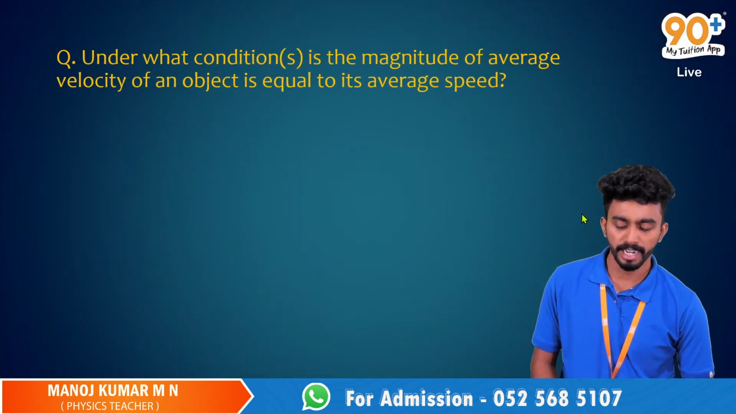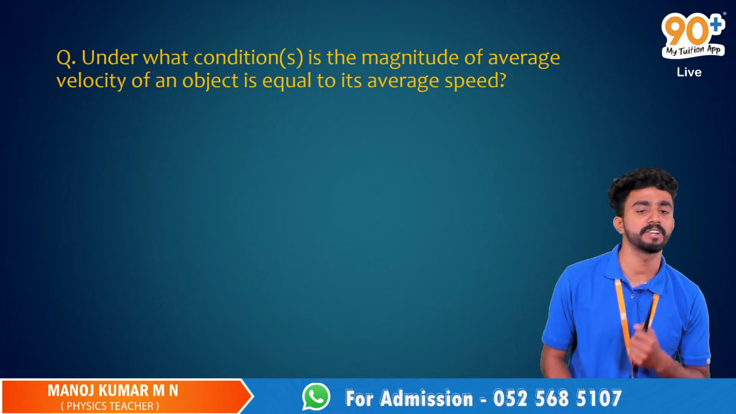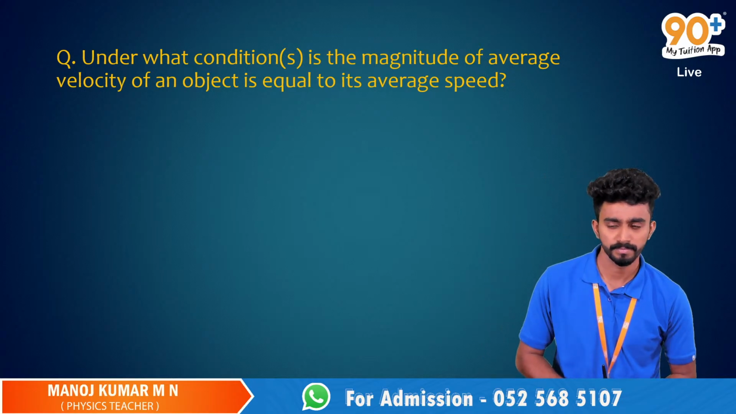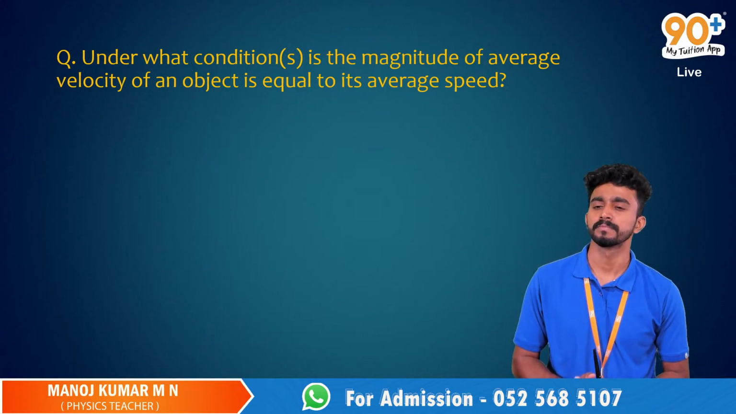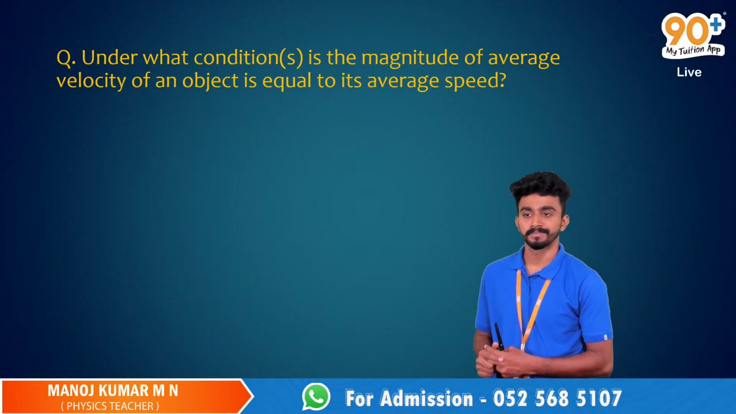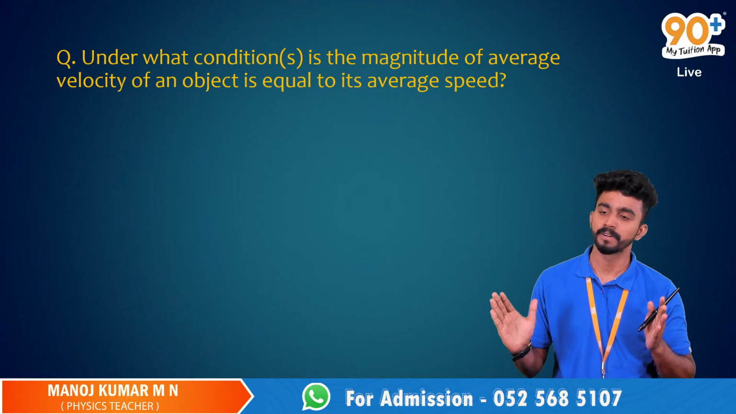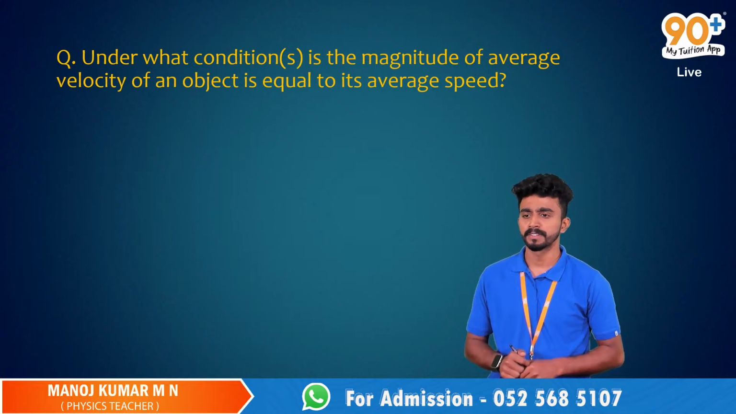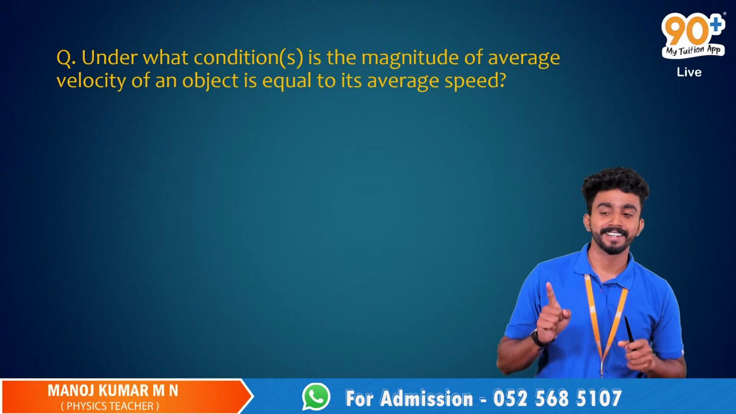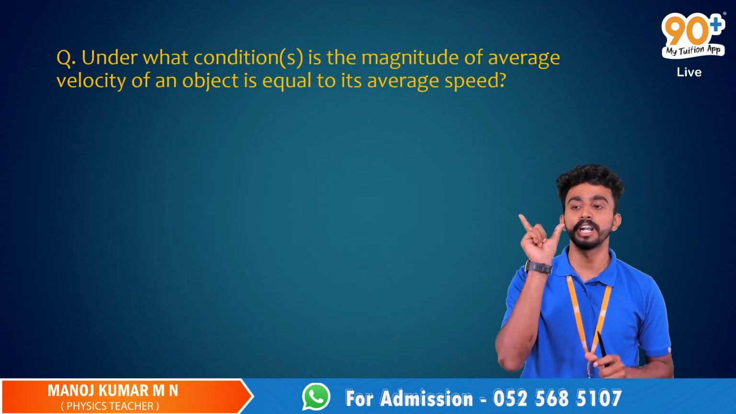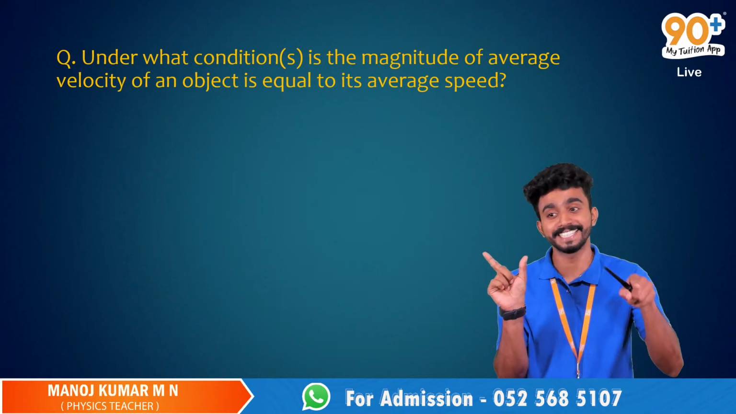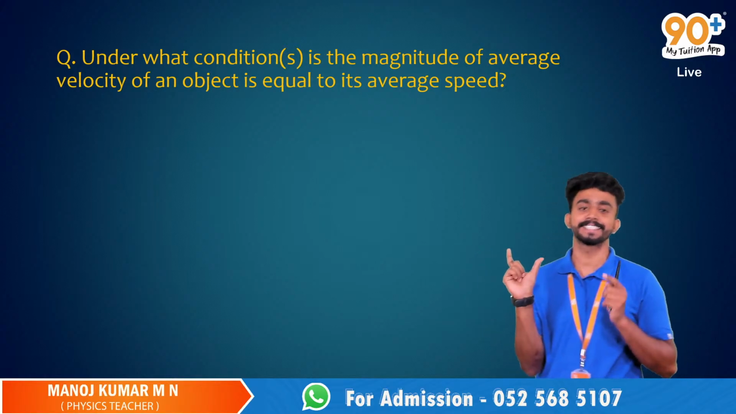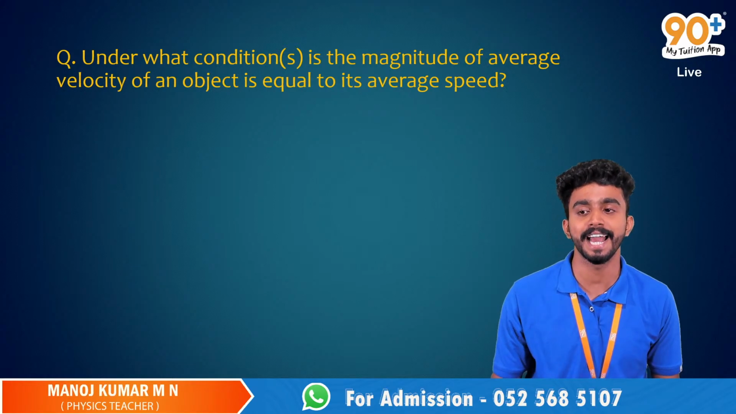Yes, sir. Under what conditions is the magnitude of average velocity equal to average speed? Sir, if there's only one particular distance and the same timing, then yes, it can be equal. It can be equal. What about the displacement? Yeah, displacement, only one particular distance, like we did in displacement. It should have only one particular value for both distance and displacement, right? Yes, sir. Only if it has a similar value for distance and displacement, the average velocity and average speed will